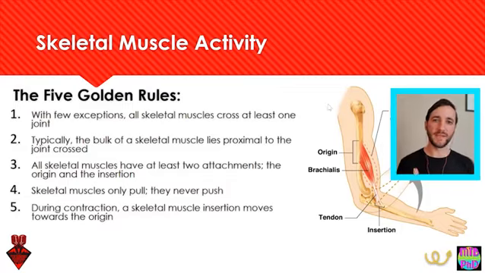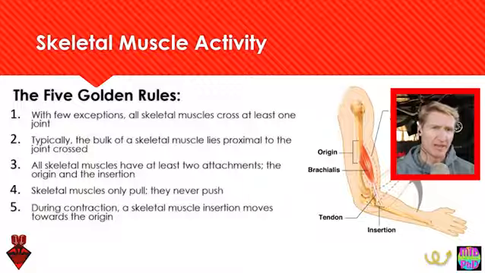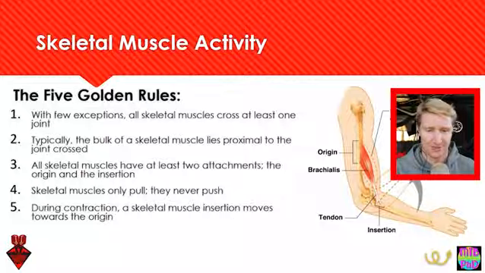Okay, so just some basics on muscle activity. So there are 5 golden rules, and with a few exceptions, all muscles cross at least one joint, and this is how. So the bones are there to support, the muscles pull on the bones, and that's how we have a nice working system. Matt, you're going to have to explain to me, number 2,